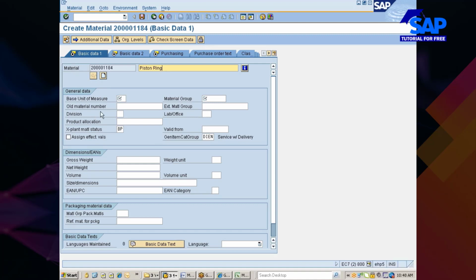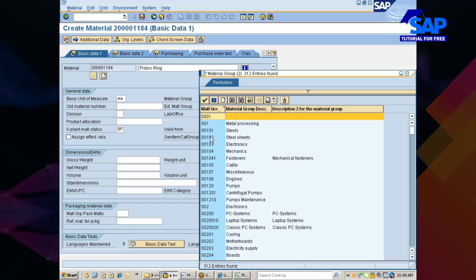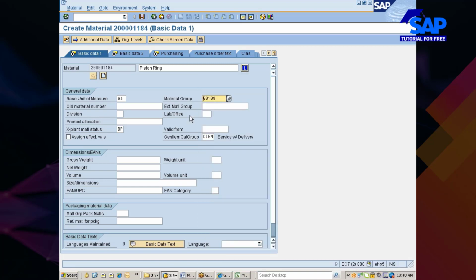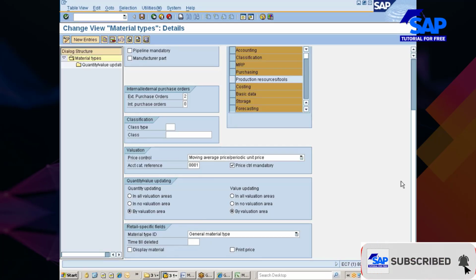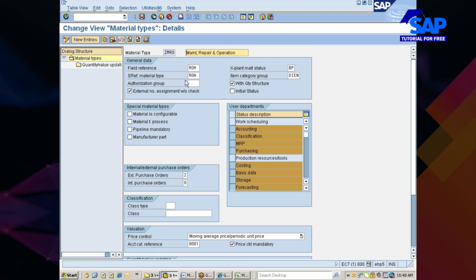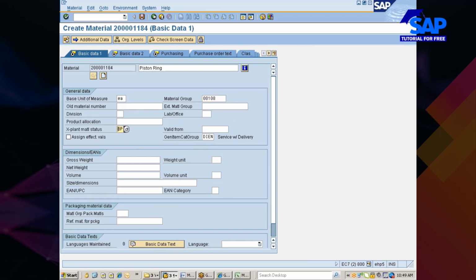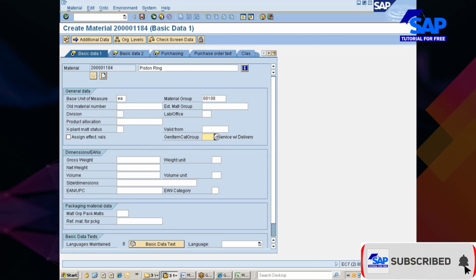Unit of measure as each. I would go with engine spares or engine simply. Now you see, explain material status, because I made it as a default, so look at here, the material is default. That's the reason DP has come, and similarly item category group has defaulted, so these two have come. If you don't want them, you can remove them like this. Enter.